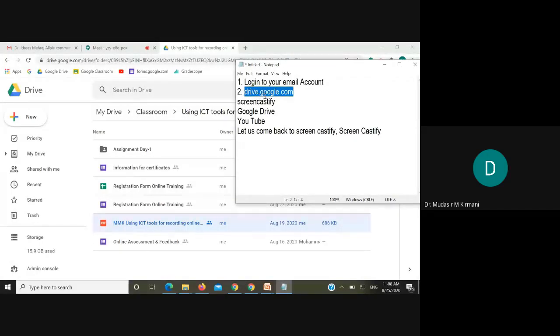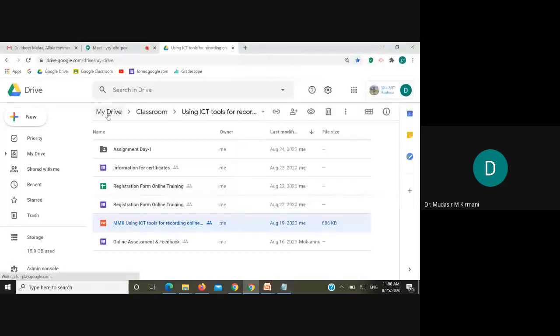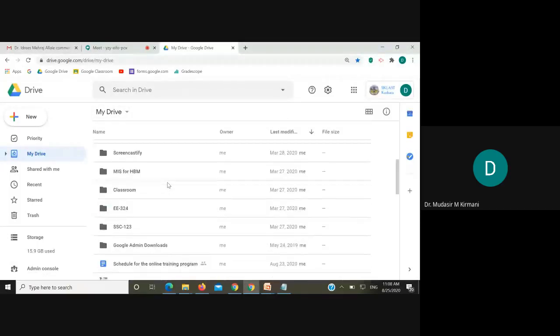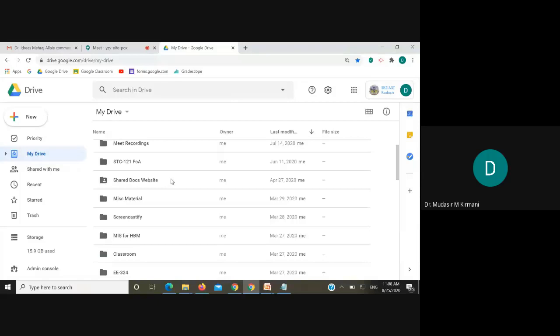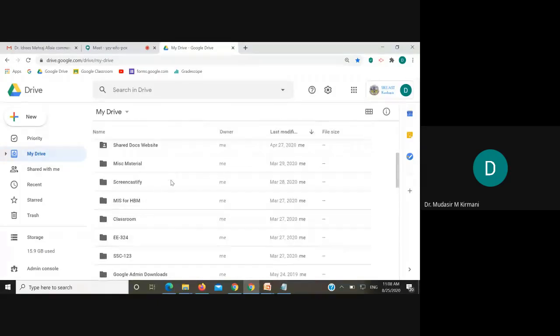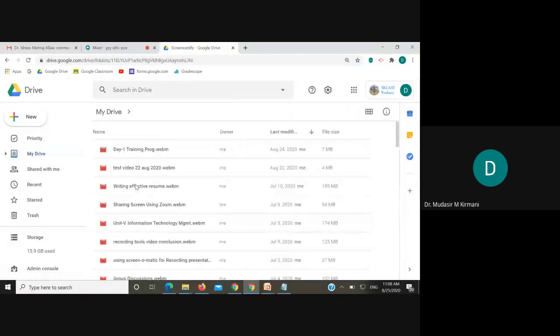Then we reach this root folder, and out of these folders you can find the Screencastify folder. When you double click on it, you will find all your recordings stored there in a different format with extension WEBM. So this is the first component.